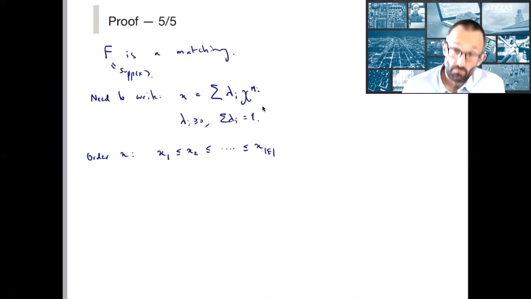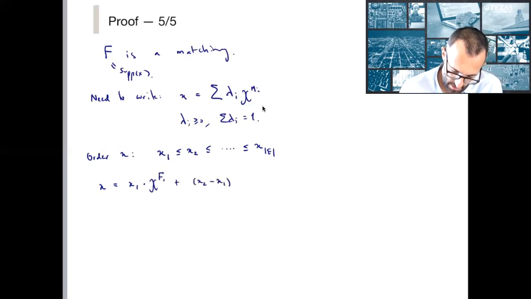Okay, and now we just need to observe that x is equal to x_1 times the incidence vector of a particular matching, which I'll define, F_1, plus x_2 minus x_1 times the incidence vector of another matching, and so on, where this ith matching that I use is,